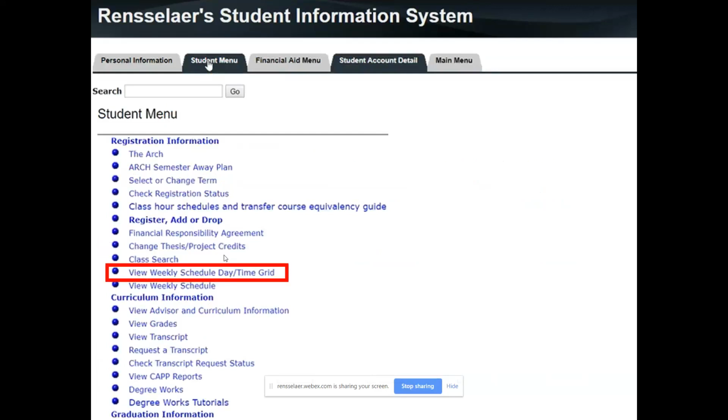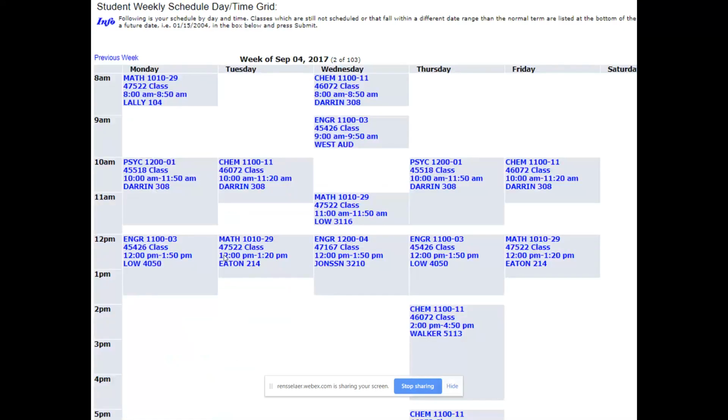All right, once you build your schedule, we want to double check that the courses that you think you registered for are showing up on your schedule. It's always good to double check all the time with everything in life. So if you click on that, you're going to want to make sure you put in a date for September, because if you put in a date for tomorrow, it's going to show you that you have no class. So you could put in September 4th, 2019, and it should show you something that looks exactly like what you have on Yaks, except in a different color tone. Have a look at that schedule.